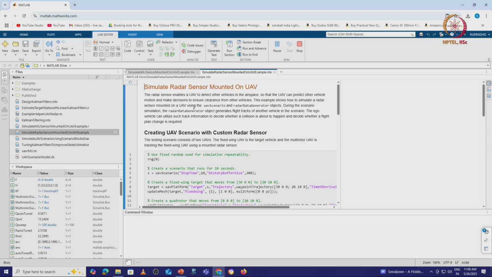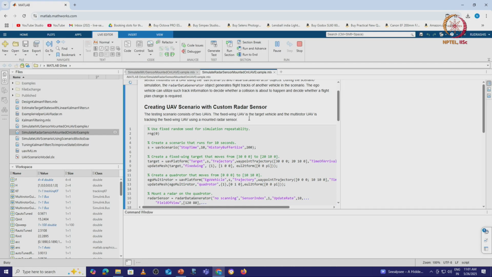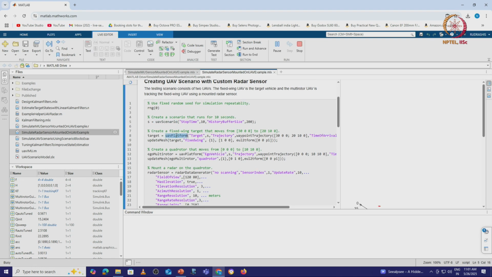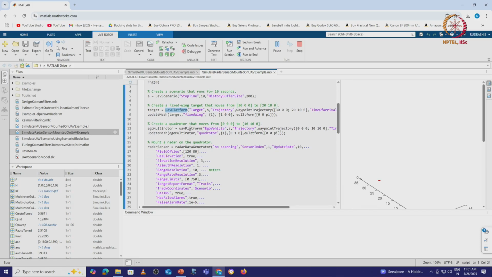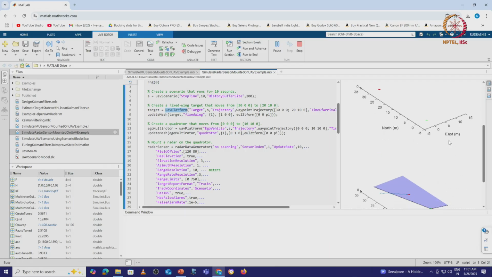Okay. We can simulate the radar sensor also in UAV. We can create a typical UAV scenario. We can create a custom radar sensor, right. We can talk about how to set up the UAV scenario, same like previous time when we talked about IMU, we are talking about stop time, how long we want to run and what is the history buffer size you want, right. Then you can talk about what is a platform, which is a UAV platform, right. What is the trajectory, what is the waypoint it is going to take, time of arrival and all this information is mentioned. Then you can create a UAV platform and